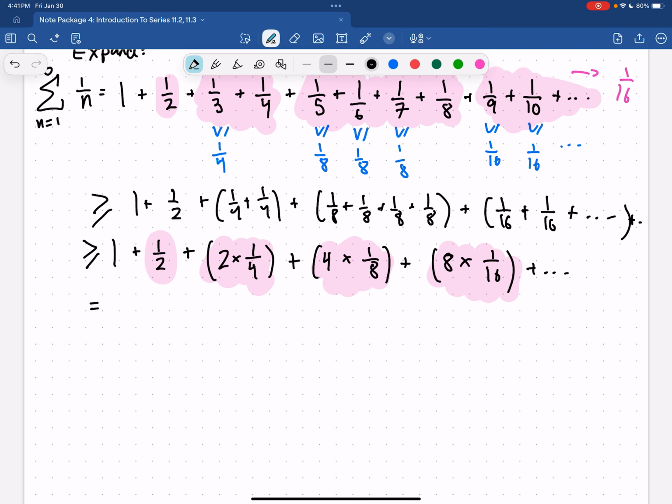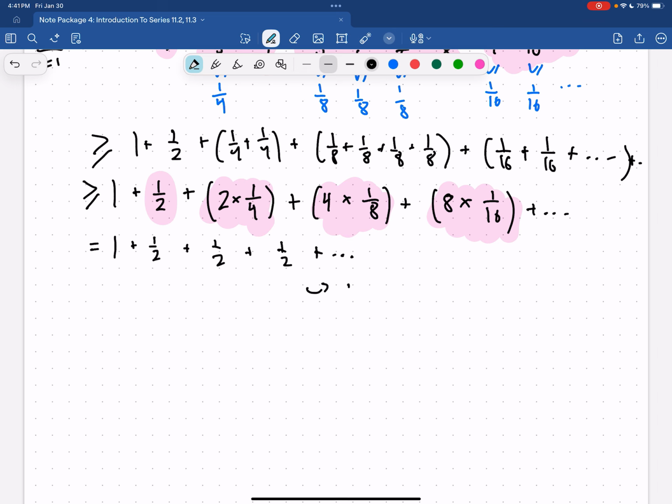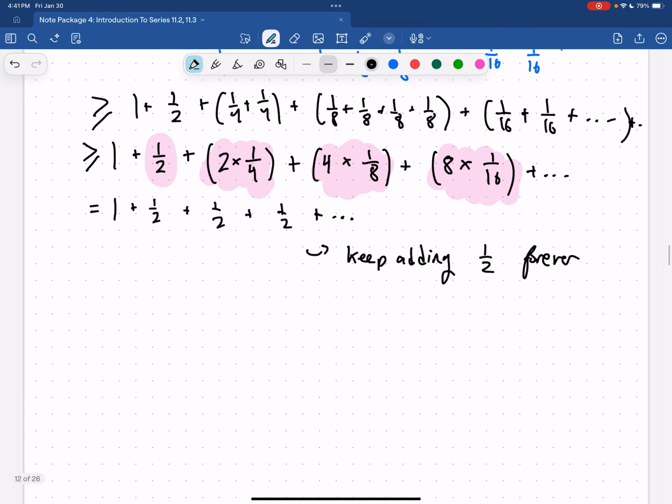So this is 1 plus 1/2 plus 1/2 plus 1/2 plus and so on. So we just keep adding 1/2 forever. And then if we're just looking at this series here,